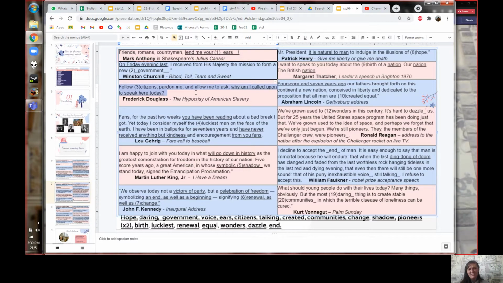"Fellow citizens, pardon me and allow me to ask, why am I called upon to speak here today?" This is a really interesting speech opening because this speech was happening on the 4th of July. What do they celebrate in America on the 4th of July? Independence Day, the day of freedom, the day that we are no longer under British control and every American person is free to do whatever they like, except some people are not exactly free just at that moment,